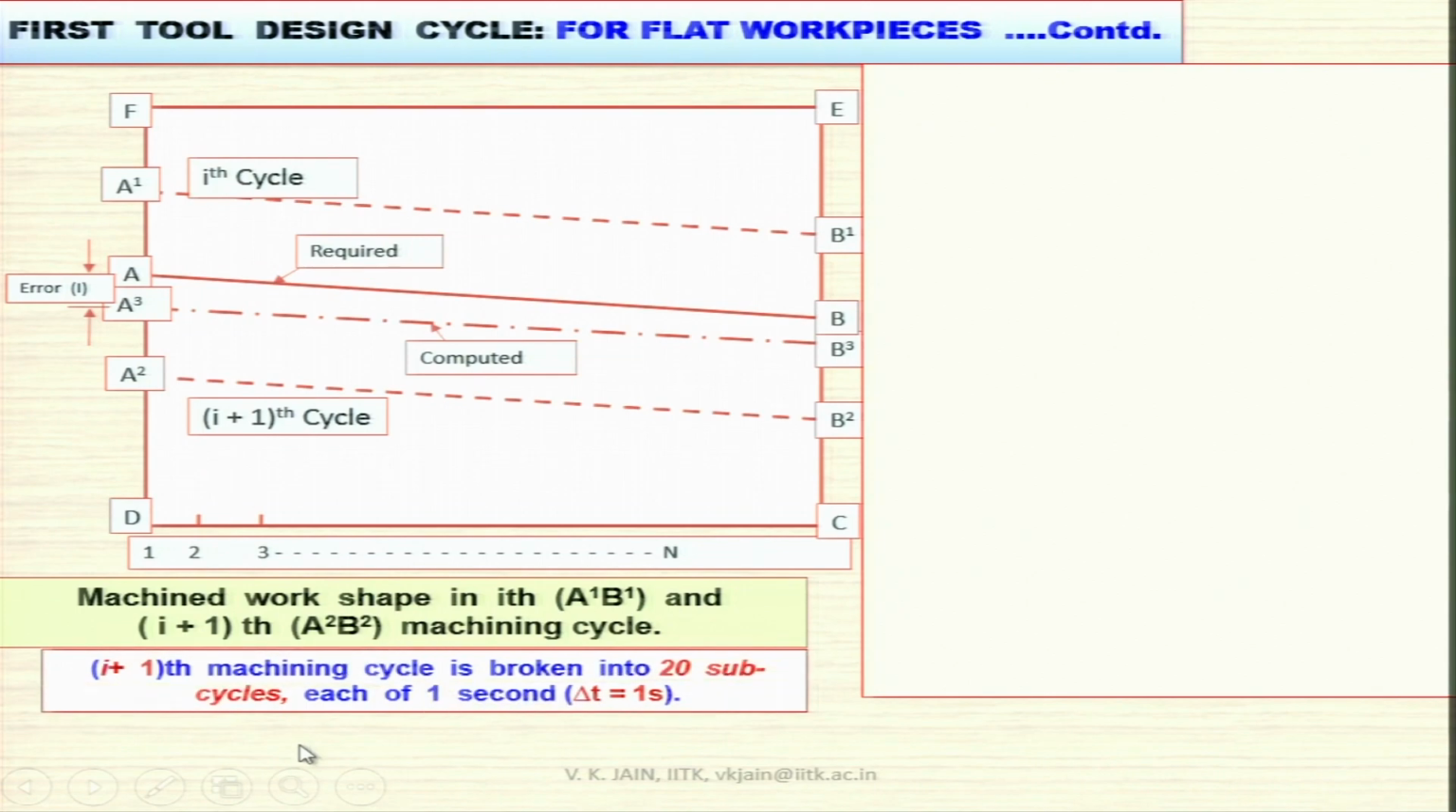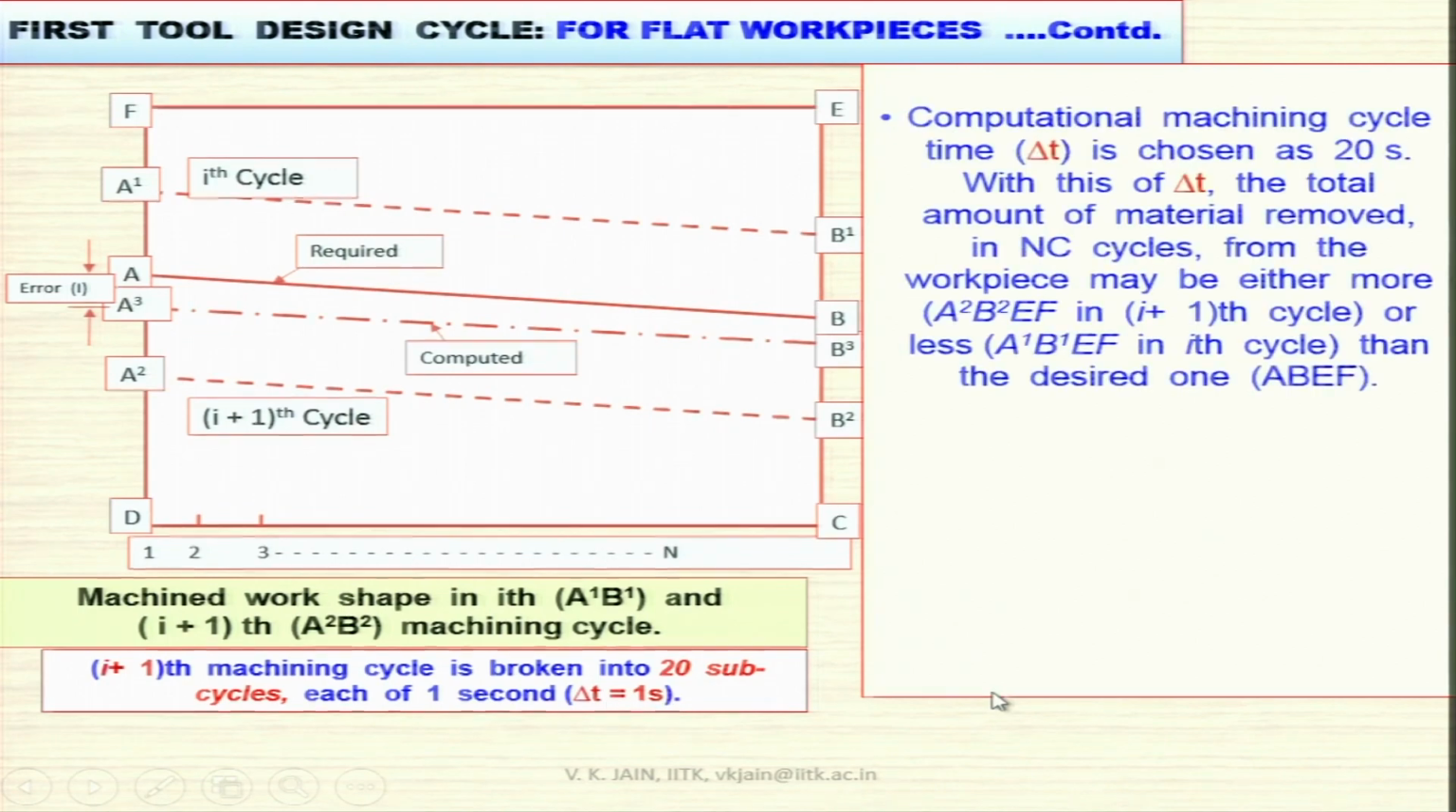Now the I plus 1th machining cycle is broken into 20 sub cycles, each of 1 second. Delta t becomes equal to 1 second. Computational machining cycle time delta t is chosen as 20 seconds. With this delta t, the total amount of material removed in NC cycles, we have calculated it already, from